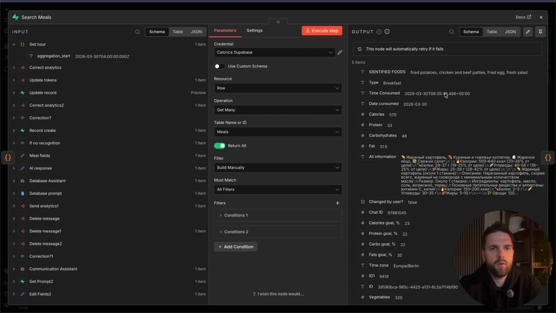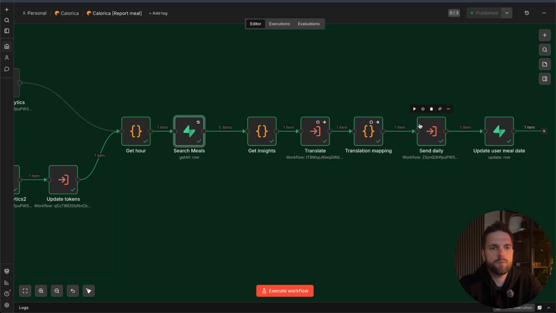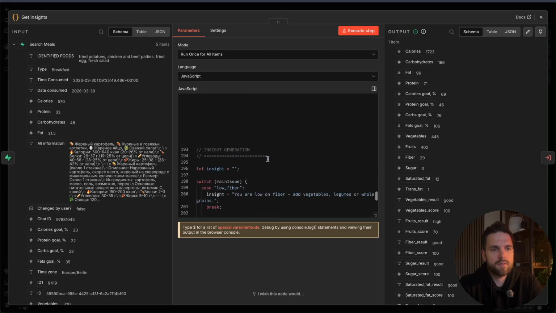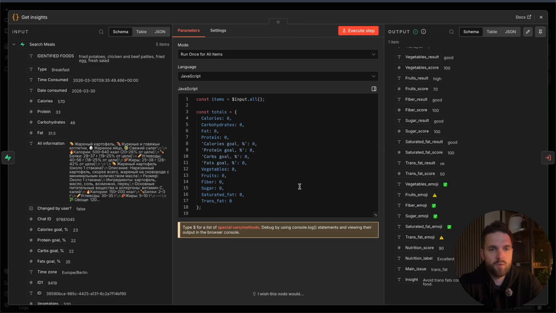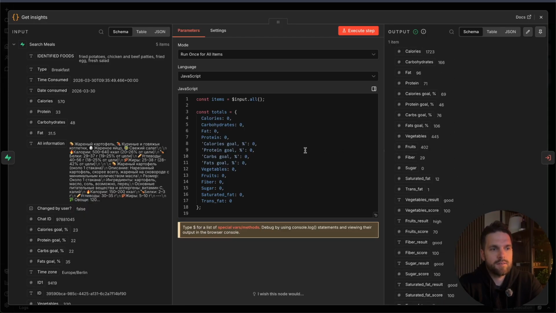Just a simple list of mails with different parameters. So instead of feeding all this to an LLM in order to calculate some kind of daily totals, it's much better to have code. It's much more reliable because the code will calculate things. The code is much quicker, it will work the same every time, and you save tokens. And for me, it's a no-brainer. So if I can use code, I simply use it,